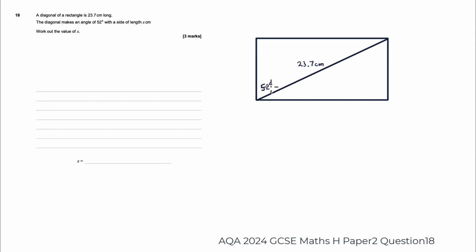And it makes 52 degrees with one of the sides of the rectangle. That'll be this one up here. So let's call that x centimetres. And remember, rectangles have right angles. So we're basically looking at a right angled triangle where we know the hypotenuse,